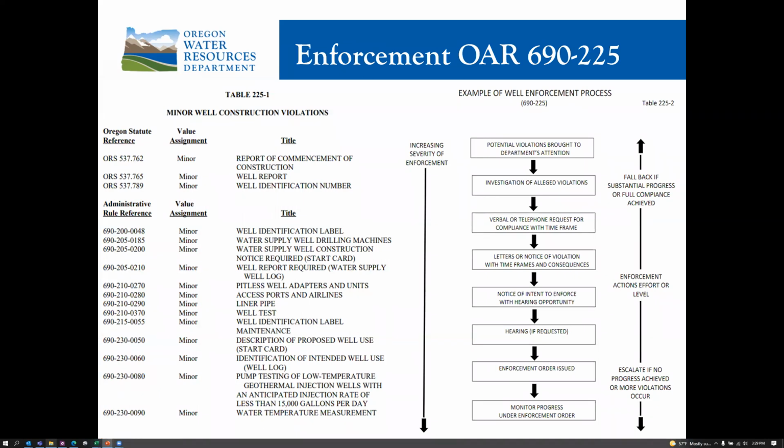We're going to just briefly touch on enforcement as described in OAR 690-225. On the left, you will see a list of minor violations. If it's not listed as a minor violation, it's considered a major violation and a higher possible civil penalty. And on the right, you see the